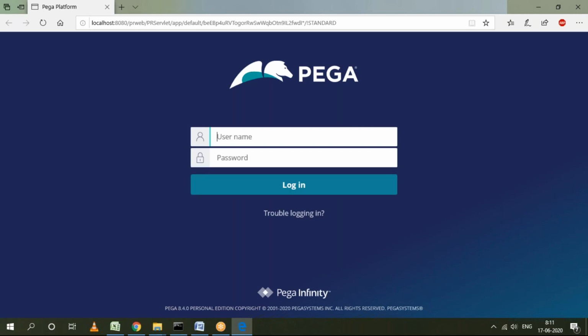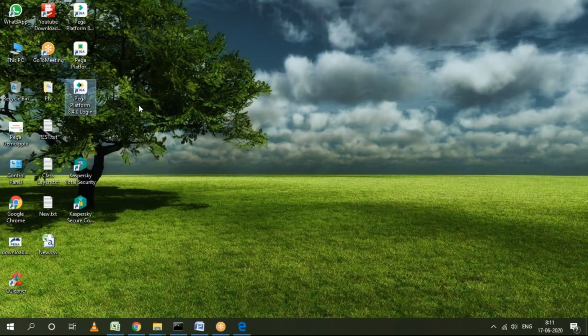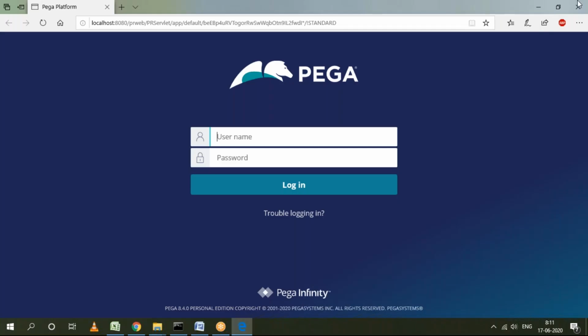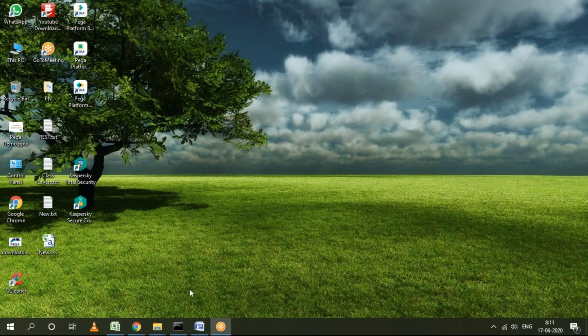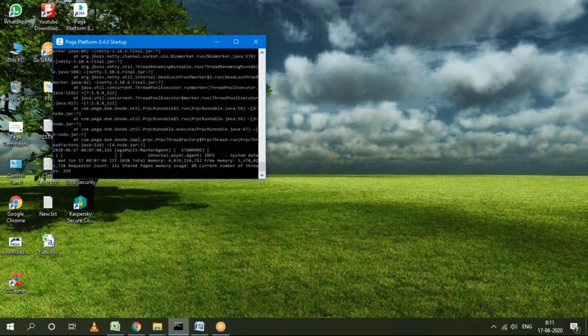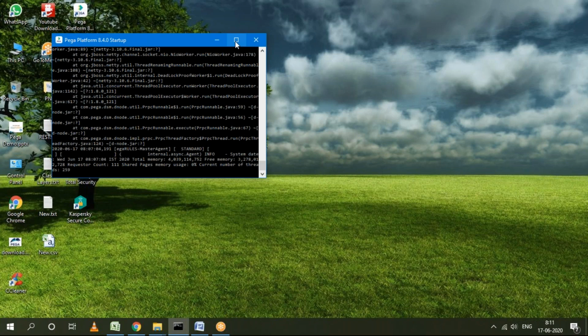So the startup icon is to start the platform, and the login icon is to open your application in a browser. There is another icon, the shutdown icon. Whenever your work is completed, you can close the browser directly, no problem, but you should not close this command prompt directly. If you click close directly, the server will crash, meaning the Pega installation we have done will crash.